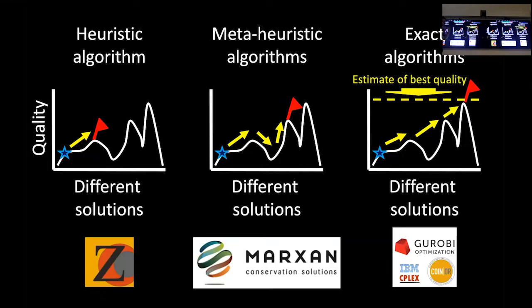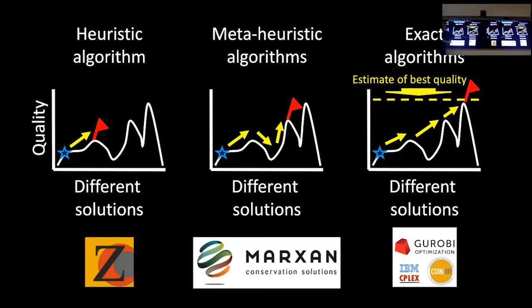But there's another class of algorithms called exact algorithms. And these have a dual component to them. One component tries to improve the quality of the solutions, and another component tries to guess what is the value of the highest peak. And when these two components converge, then you know that we've found the optimal solution or an optimal solution. That's really cool because then you know exactly when you've found the highest peak, or when you're close enough to the highest peak that it's good enough. You may not need to be right on the top, but you might be willing to say, within 5 or 10% is good enough. And having that guarantee is really powerful. There are a lot of different tools available, such as Gurobi, CPLEX, CBC, or SYMPHONY, that let you use these algorithms.